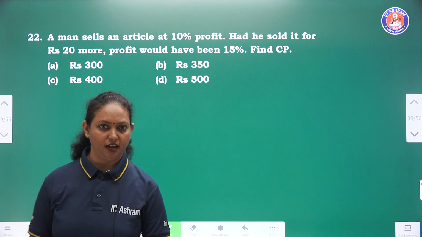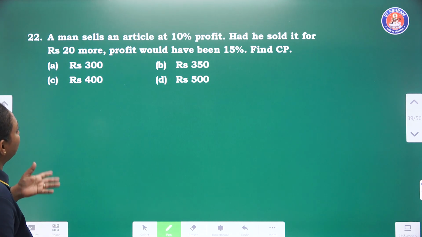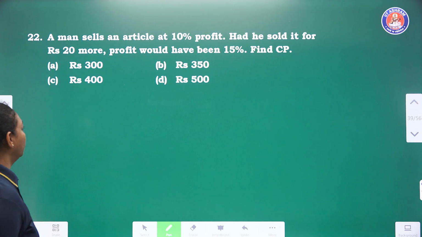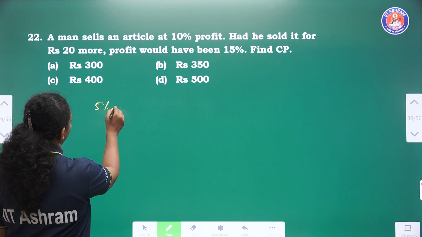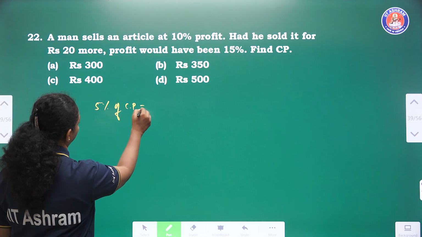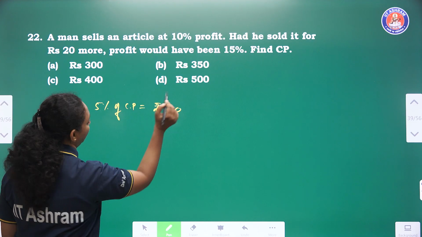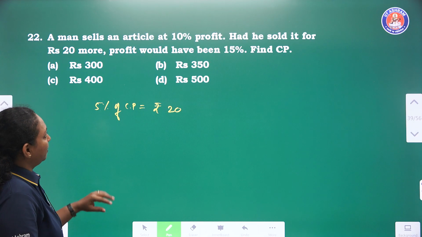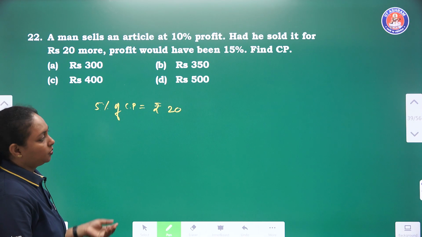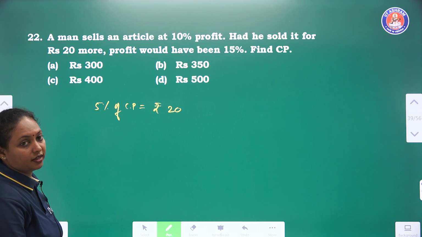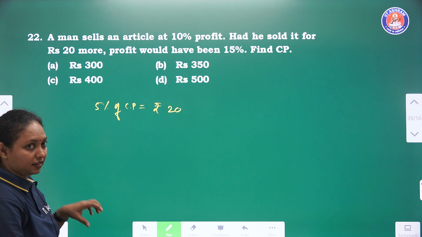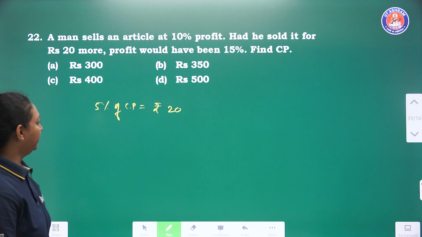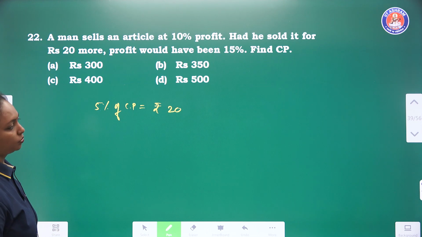10% प्रॉफिट पर जो भी आ रहा होगा और हमें 20 रुपीज़ ज़्यादा दे रहा है, तब उसको प्रॉफिट हो रहा है 15%. मीन्स दैट जो 5% ऑफ कॉस्ट प्राइस रेज हो रही है वो कितने रुपीज़ के बराबर है? 20 रुपीज़. क्योंकि पहले 20 रुपीज़ से कम में बेचते तो 10% प्रॉफिट होता है, 20 रुपीज़ ऐड कर लिए तब 15% हो रहा है. तो 20 रुपीज़ कॉस्ट प्राइस में ऐड करने पर हमें मुनाफा कितना हो रहा है? 15%. राइट. सो 5% ऑफ द कॉस्ट प्राइस इज ₹20.